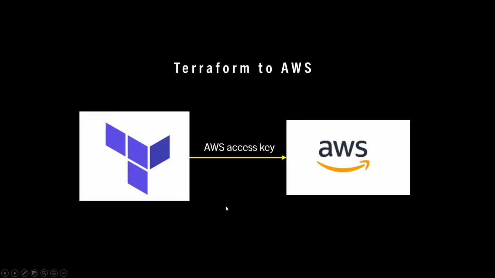Next, we are going to create an AWS access key. With the help of the AWS access key, Terraform knows it can interact with AWS and authenticate and authorize with the help of the access key and the permissions we give for it. Without this access key, Terraform cannot work with AWS because it doesn't know whom to reach or where to reach.